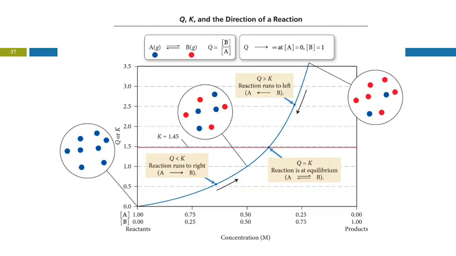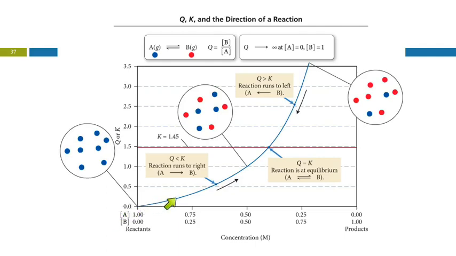So we've got a reaction here. A is going to B. And the equilibrium constant expression would be the concentration of B over A. That means that the quotient is the concentration of B divided by the concentration of A. So here, if we're starting out with only the reactant at 1 mole per liter and none of the product B, we see that as the reaction occurs,